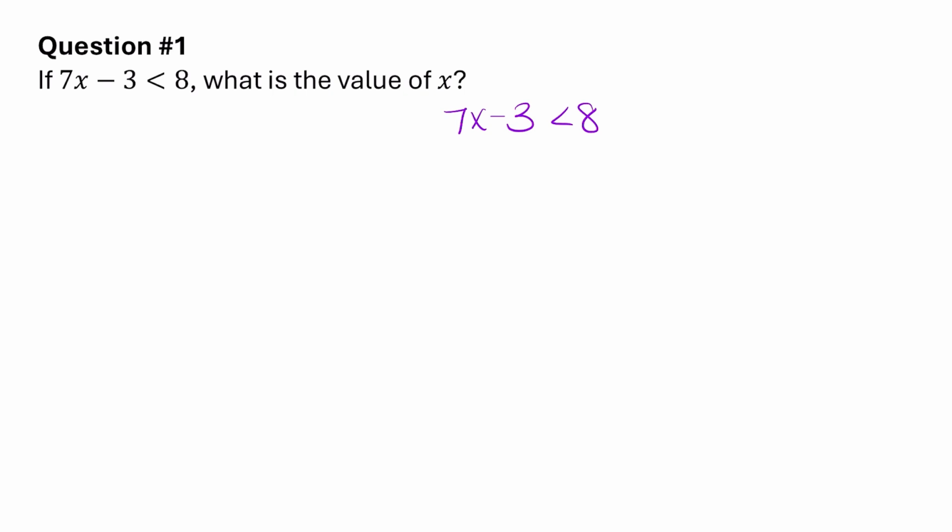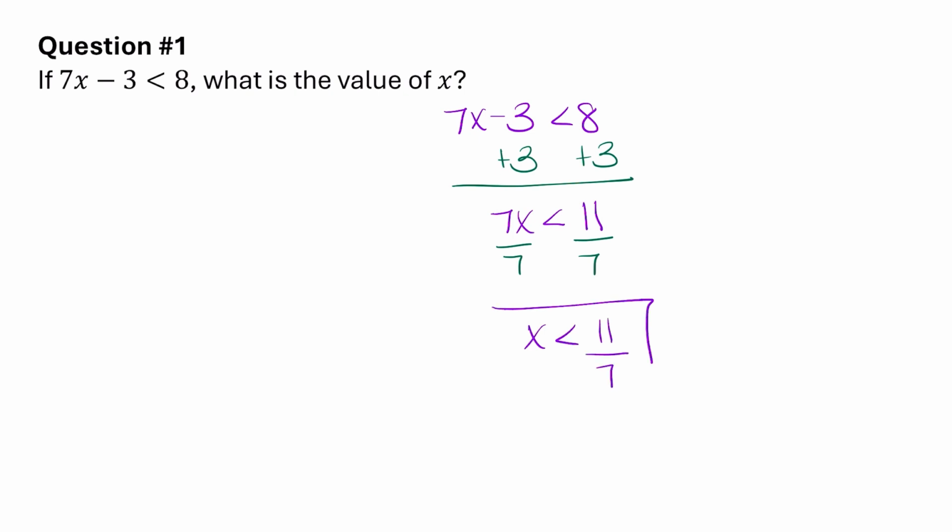isolating the variable. Remember, you generally want to add or subtract before you multiply or divide, so I'm going to go ahead and first add 3 to both sides. And so I'm going to get 7x is less than 11. Now, in order to isolate the variable, I need to divide both sides by 7. So when I divide both sides by 7, I get x is less than 11 over 7, and that is